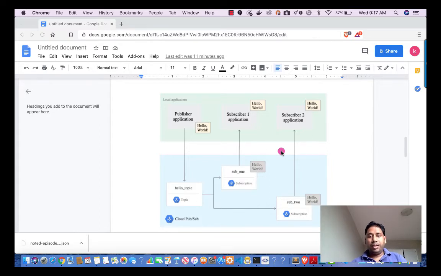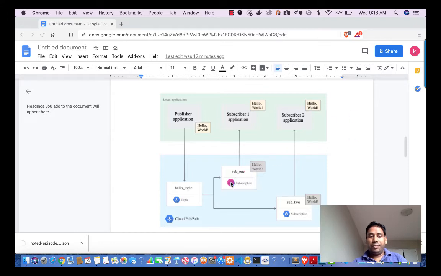Let's assume I have a cloud topic, which is the hello topic. A topic is a queue kind of thing where we post our messages, and it stores those messages. Okay, and then we have a subscription. Using a subscription we are able to retrieve those messages from the topic.